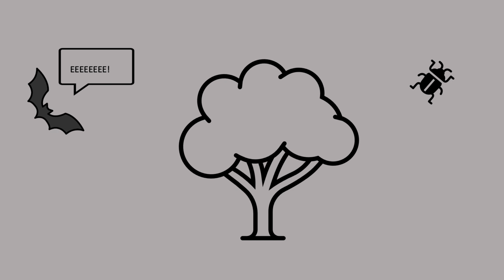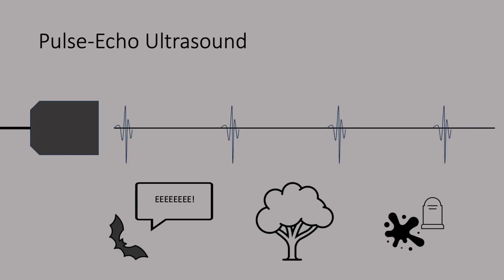So imagine a bat that instead of just emitting a little chirp and then being silent and listening, what if they were continuously just screaming, "Ee!" and flying through the sky? They'd have no way of knowing where they were going, right? They wouldn't hear any of those echoes that were coming back. So instead of getting a nice juicy beetle for dinner, they'd instead get splattered against the oak tree I planted in my backyard. And that would not be super fun. So the same thing happens with ultrasound.